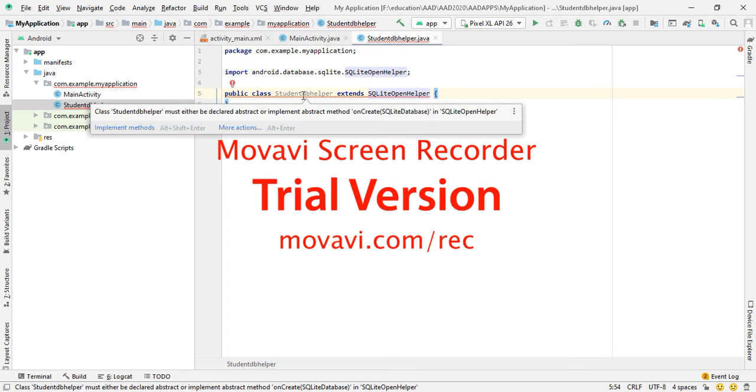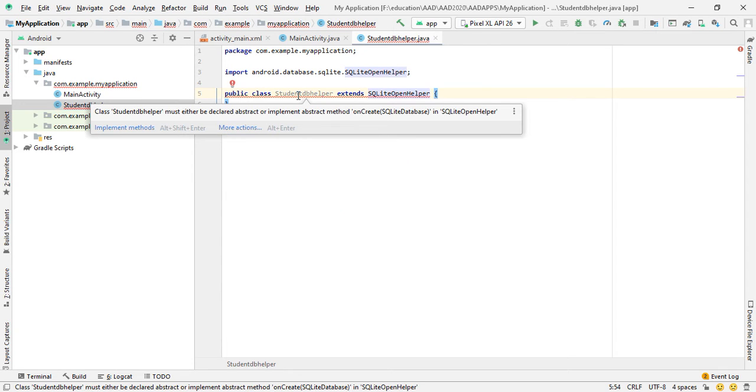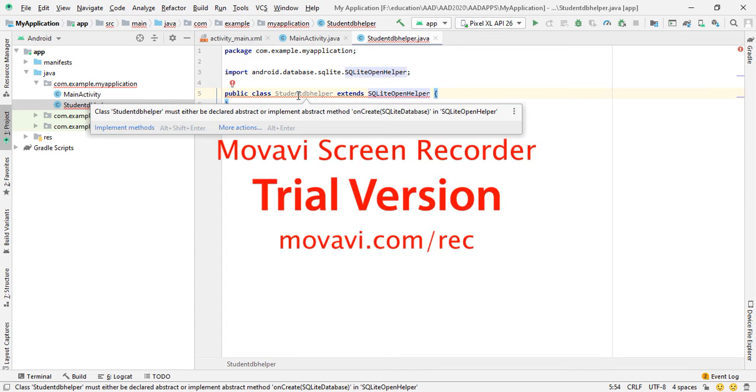So there is one error displayed: class StudentDBHelper must either be declared abstract or implement abstract method onCreate in SQLiteOpenHelper class. So we have to implement the methods of SQLite Open Helper class, onCreate and onUpgrade.